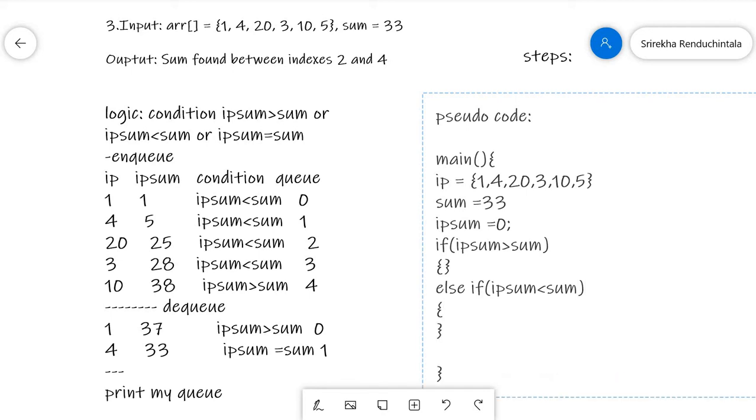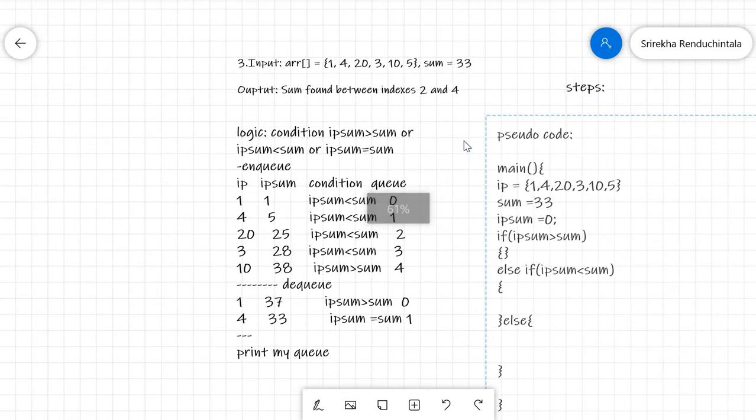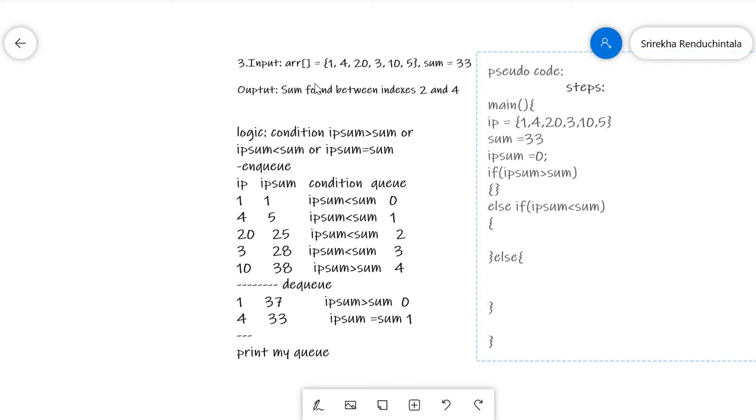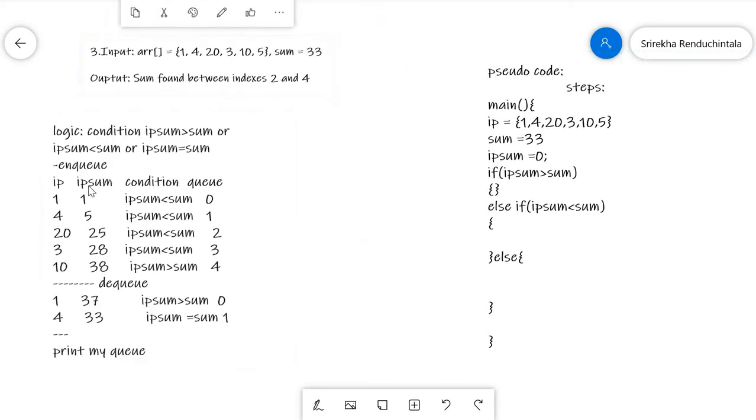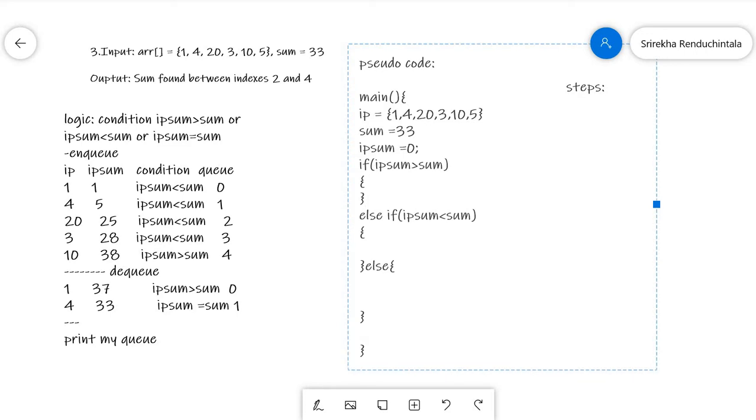Else, the last else will be if they both are equal. I'm going to bring it to the center so that you can see. What will be my condition? If input sum is greater than sum, I need